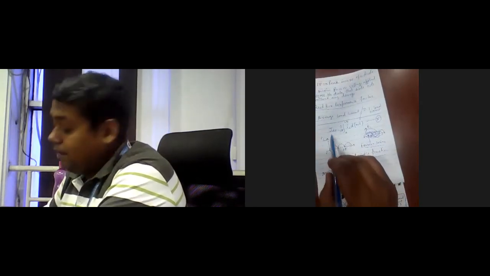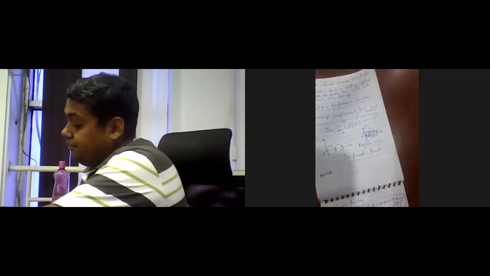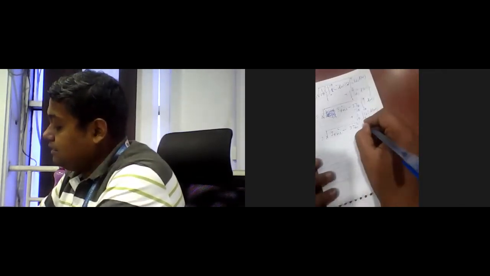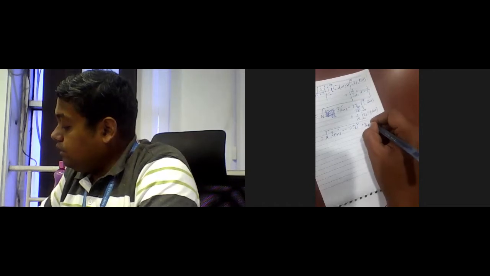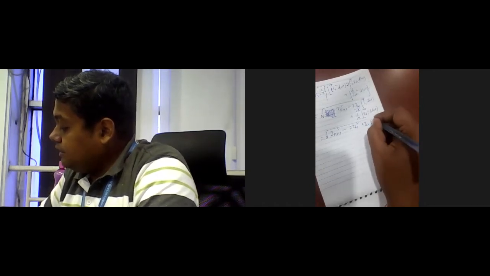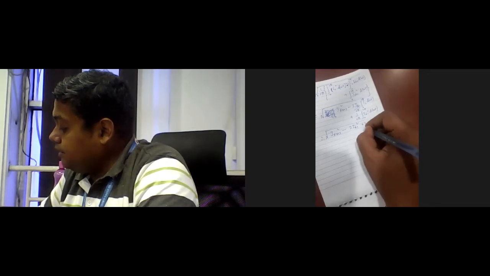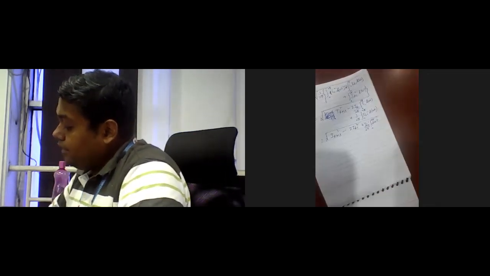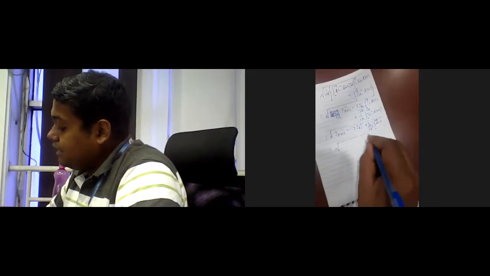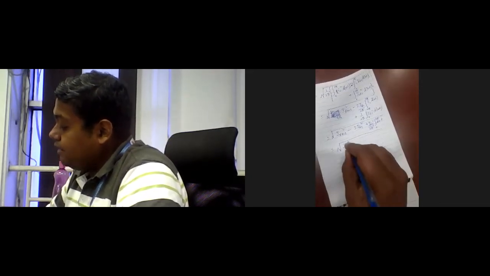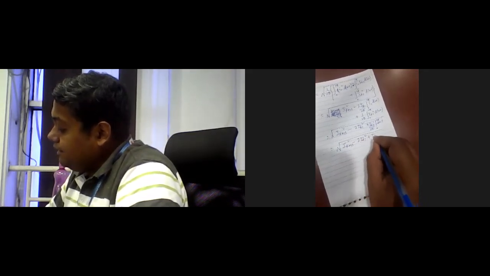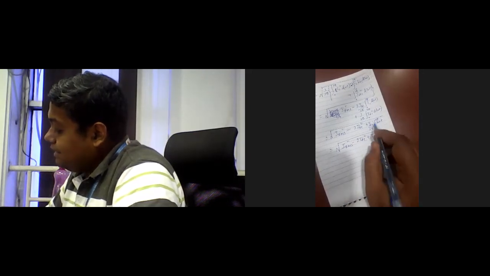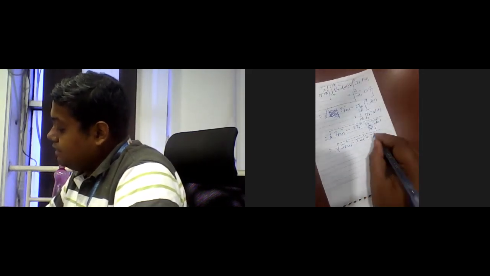So I_DC equal to 1 by 2 pi integration 0 to 2 pi I_L d of omega t, that is I_DC. So it is I_DC square plus, now this I_DC is constant, so it is out of the integration. So integral 0 to 2 pi d of omega t times 1 by 2 pi, so it is 1, so 2 pi cancelled out. So finally the expression I_RMS square minus 2 I_DC square plus I_DC into I_DC. 2 pi is cancelled out. So I_DC square over here.